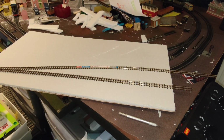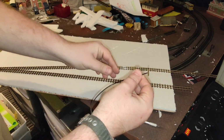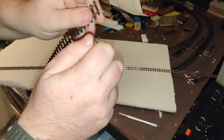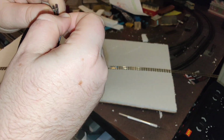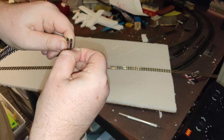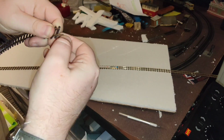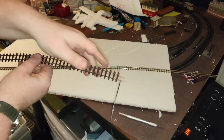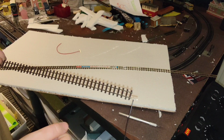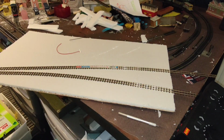So nick some fish plates. I also have from a mystery box some pre-wired fish plates, suitable for 00, but when I had a look before, there was no reason that this didn't slip on and actually bite quite hard to the end of this track, which I'm now obviously got the camera set up, I'm not going to be able to replicate. There we go. So cut them down, and there's no reason that they really shouldn't work. And then to drill the holes in the sleepers,